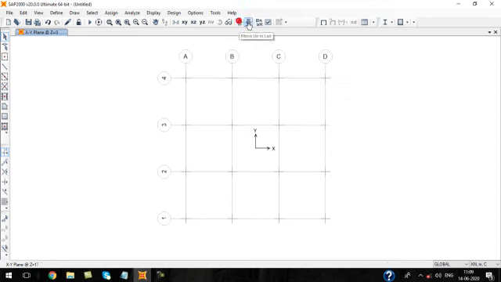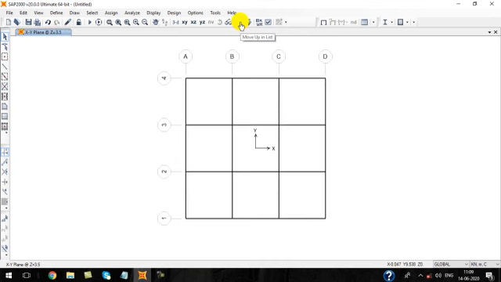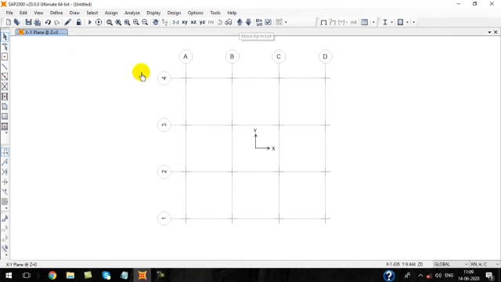If you change that, since it is in plan, it will be showing the plan of your building at various story levels. These are the drop-downs. You can see the XY plane at which level it is. At the 0th level, then 3.5. Whenever I click these options, you can see how the story levels vary: 3.5, 7, 10.5, 14, 17.5, like that.